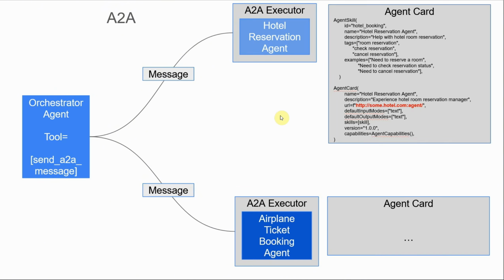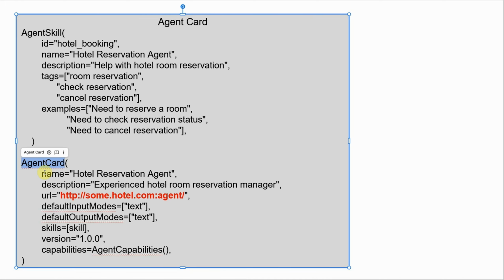The benefit is that in A2A protocol, there is an instance called agent card, which contains all the information about the agent. So agent card contains the name of the agent. In this case, this is a hotel reservation agent. Description: the agent is experienced hotel room reservation manager. It contains the URL of the agent,